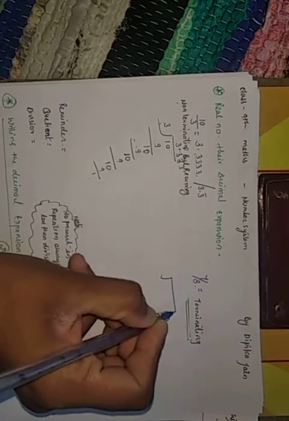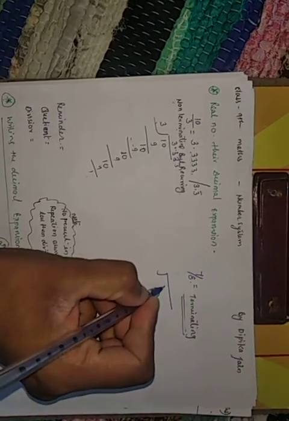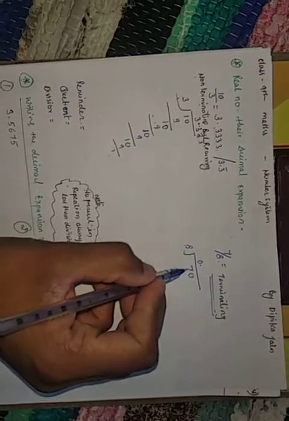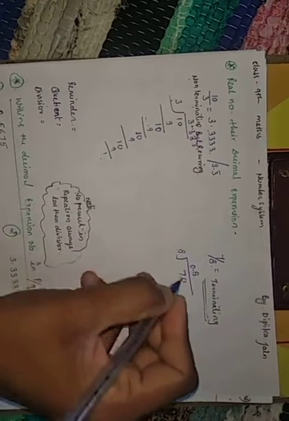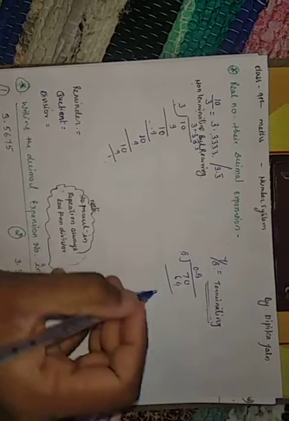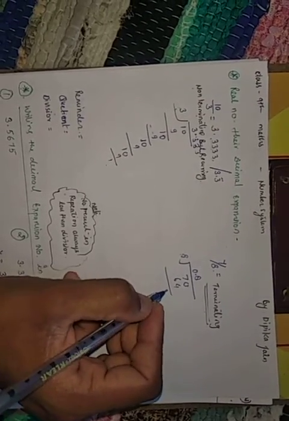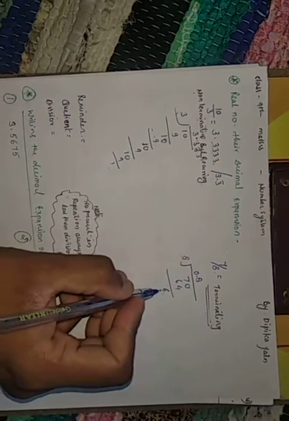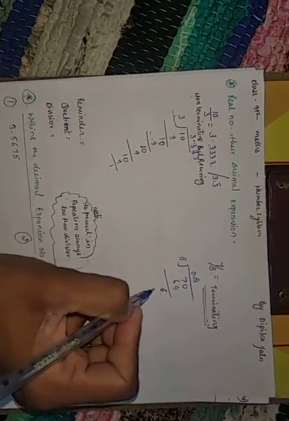Now one more question I am solving: 7 by 8. Again you have to do the division. This 7 is your dividend and this 8 is your divisor. In the 8's table, 7 will not be there, so what I will do? I will put a point here, and if I put the point, I will add 0 here. Now see the 70. In the 8's table, 8 8s are 64. After that minus it. What are you getting? 6. Again the point I have already taken, so I will add the 0.